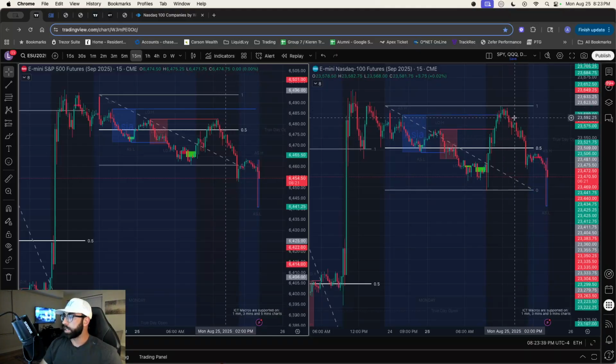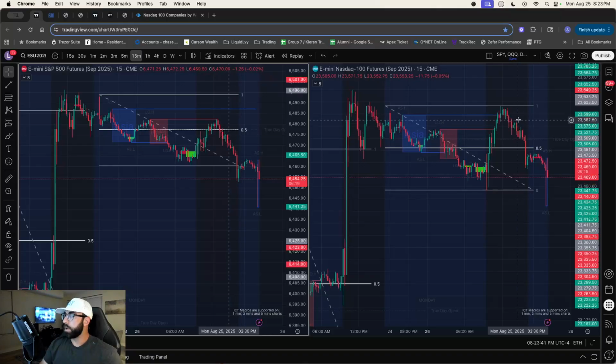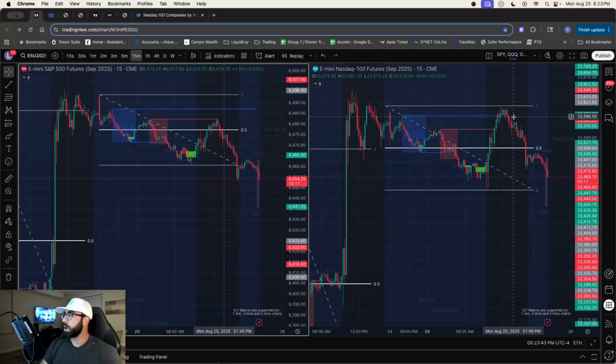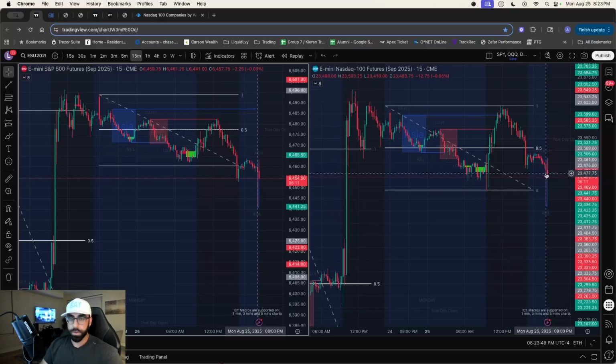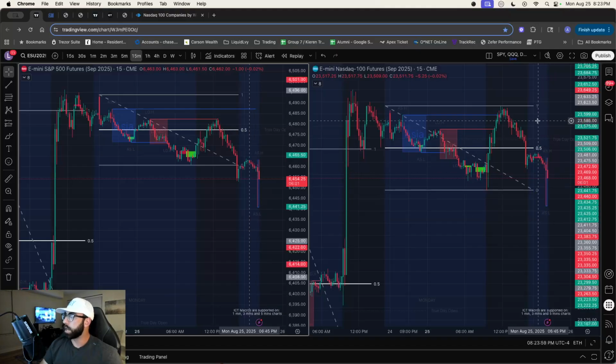Again, these are all stops resting above. Notice how there's no higher high. These are all lower highs. So every stop loss above here has not been hit. Eventually, the algorithm, which is what's actually moving the price, filling the orders, is going to want to come up here and take these highs out. This is all engineered liquidity to the sell side that now needs to come back up. So eventually, yes, this buy side will get hit.